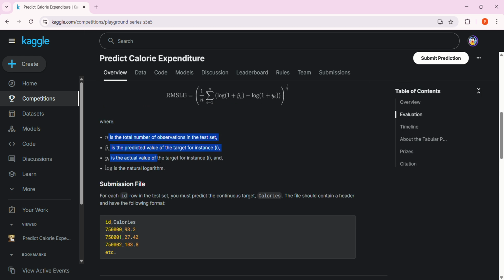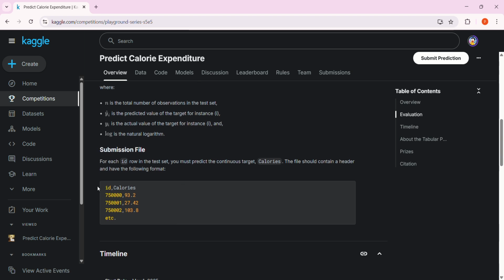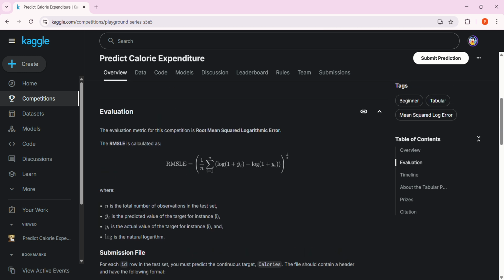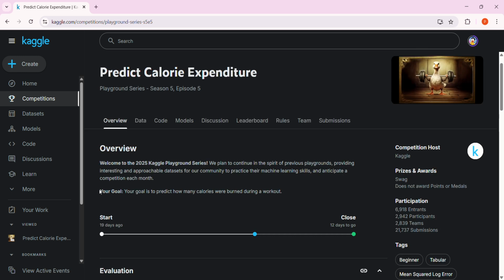A little bit of description of the loss function is also given here. The submission file that you need to submit should be in this format. On the left-hand side you have IDs and on the right-hand side calories. So I think you have to predict the calories. In the description also, you can see that your goal is to predict how many calories were